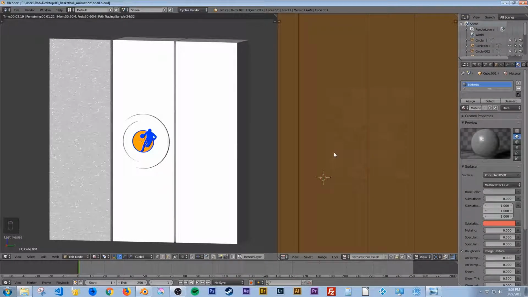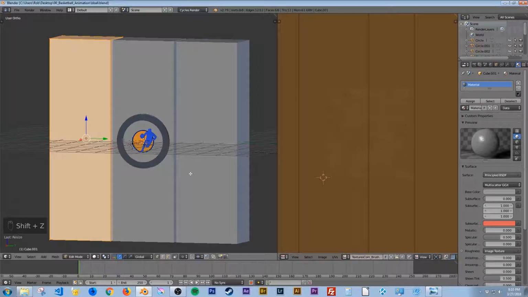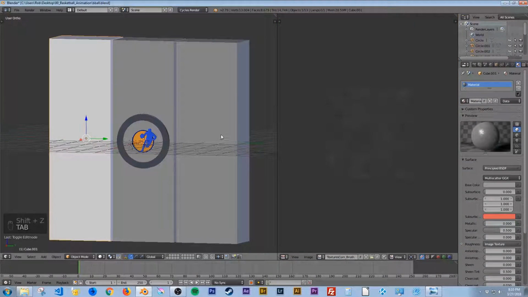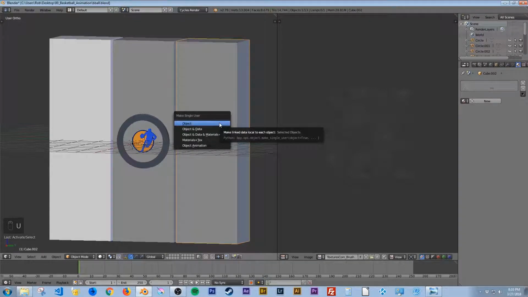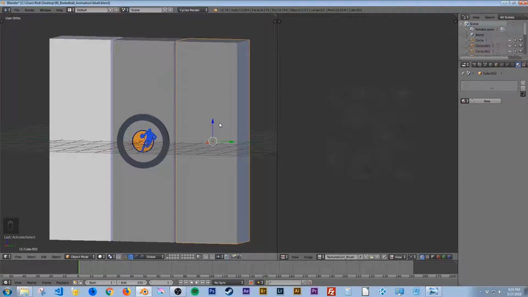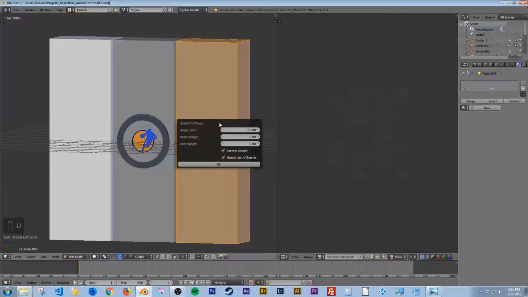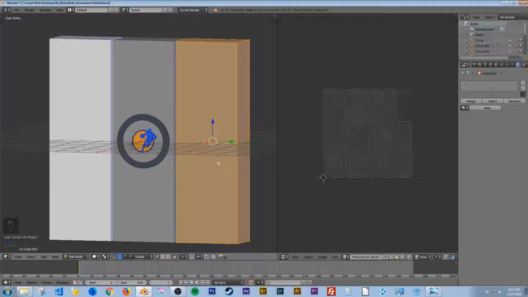Okay, I think I'm happy with that. Okay, let's do the same thing with this one on the right. I'm going to Shift Z out of rendered view, tab out of edit mode. I'm going to right click on this one, hit U for unwrap. Oh, sorry, I'm going to hit escape on that. I'm going to tab in edit mode, then hit U to unwrap and click the Smart UV Project and click